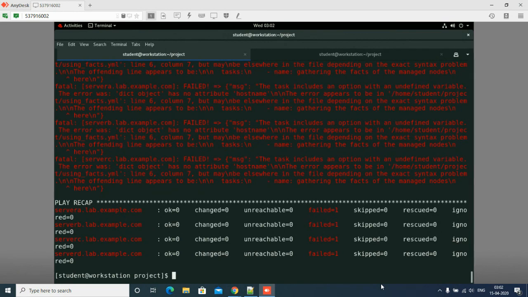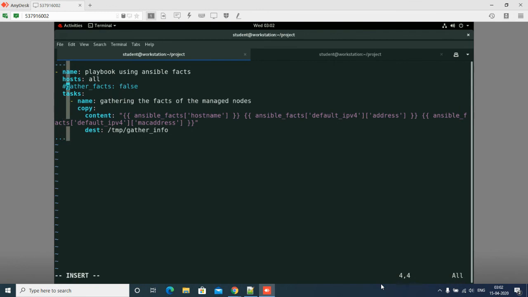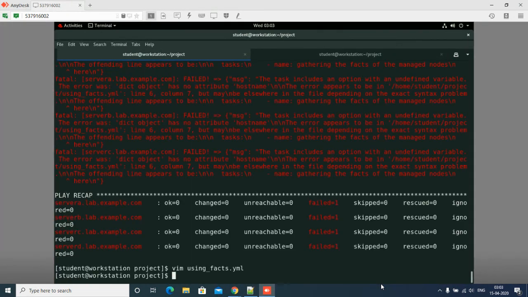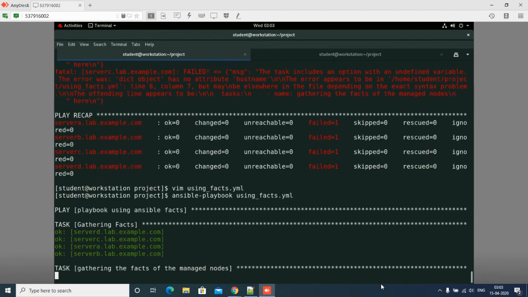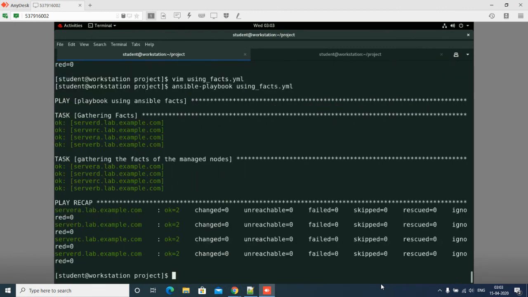If I have mentioned this inside my configuration file, then I have to mention inside my playbook gather_facts, and I will say true. Now check whether this will work or not. Now this will work. Why? Because the configuration file is overridden by my playbook.